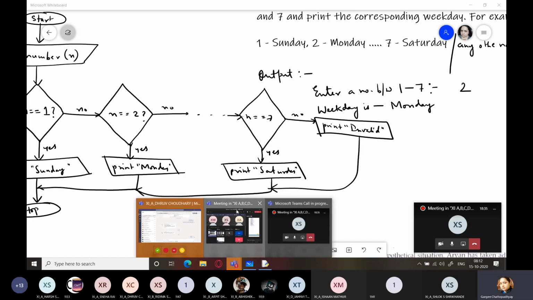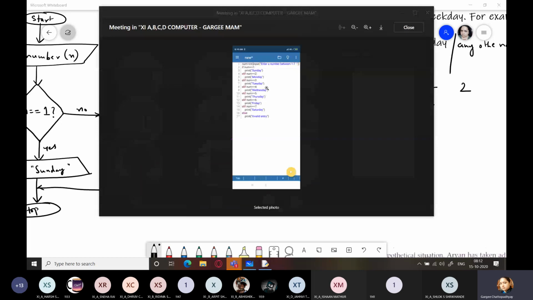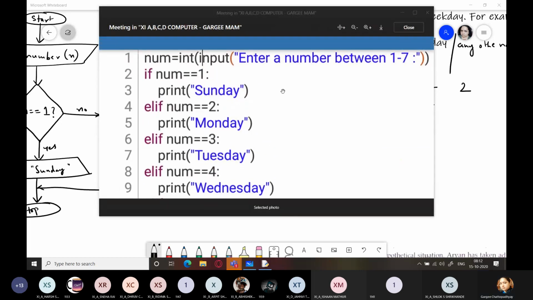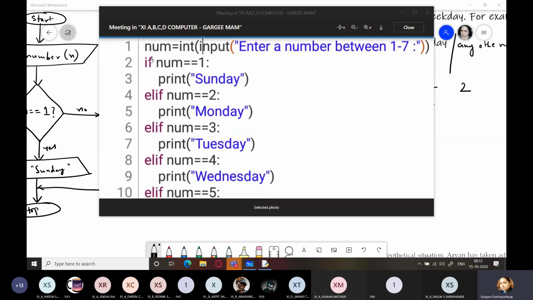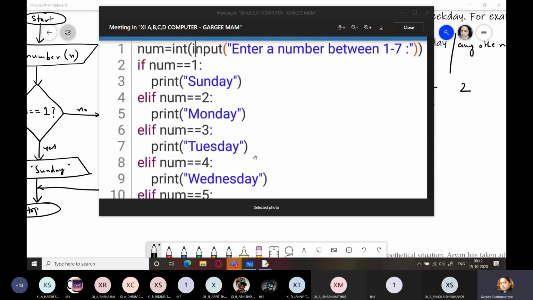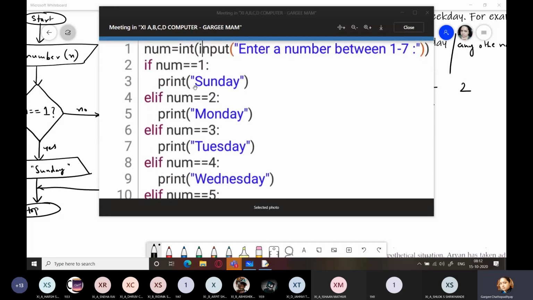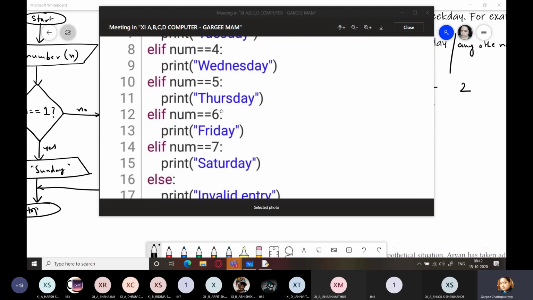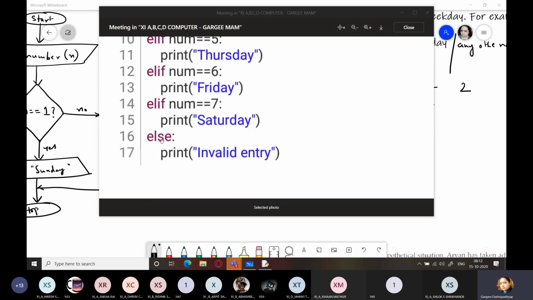And the program is going to be this. Everybody look here very carefully. This is your program. You have to ask for a number num from the user. If the number is 1, so what has been used? Which if variant has been used over here? The cascading if else ladder has been used. So you can check it out. You can see how it is cascading till the last, that is else. If none of these conditions suffice, then you have to go for else.